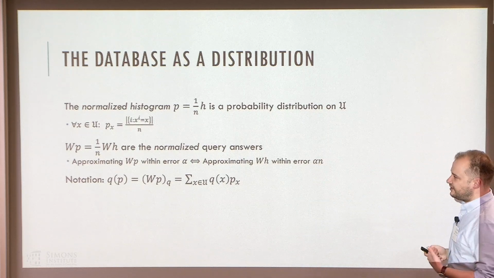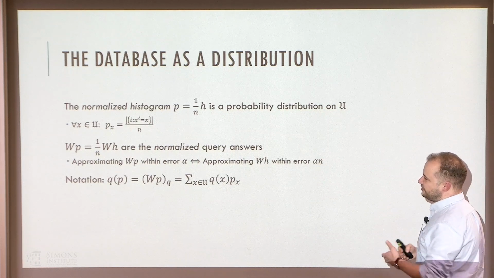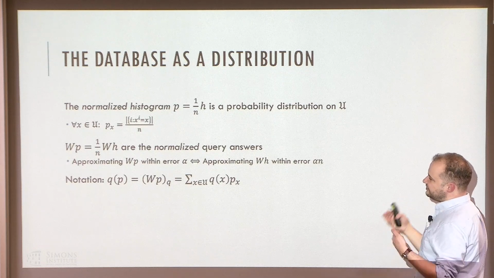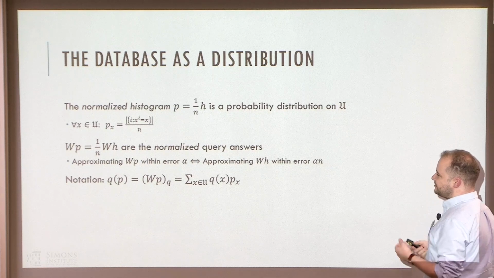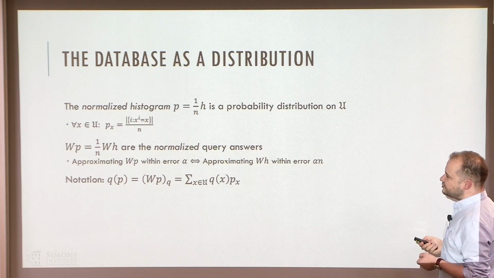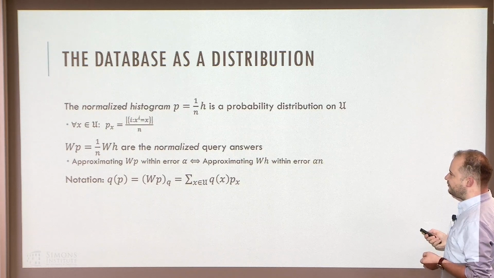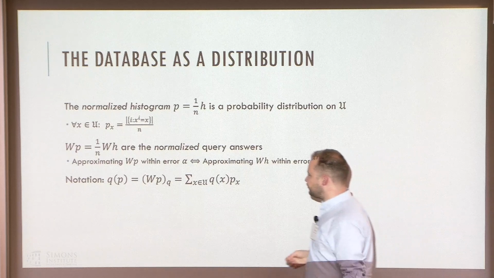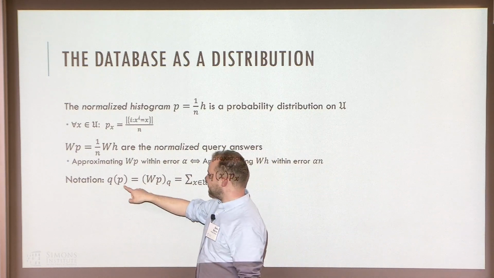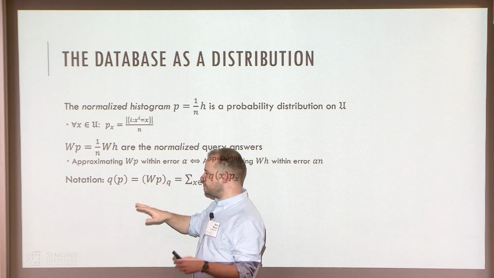These are just normalized counting queries where instead of asking how many rows in the database satisfy a predicate, I'm asking what fraction of the rows in the database satisfy a predicate. And for these normalized queries, if I get error alpha, this is the same as getting error alpha n for the unnormalized queries. Okay, and for any probability vector p, any possible normalized histogram, I'll use